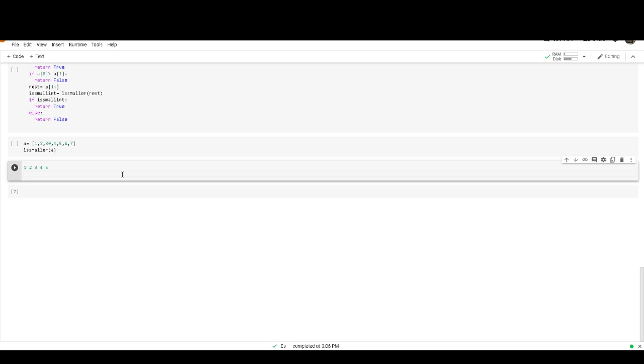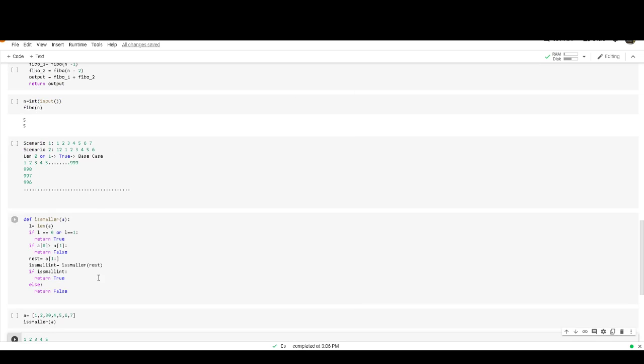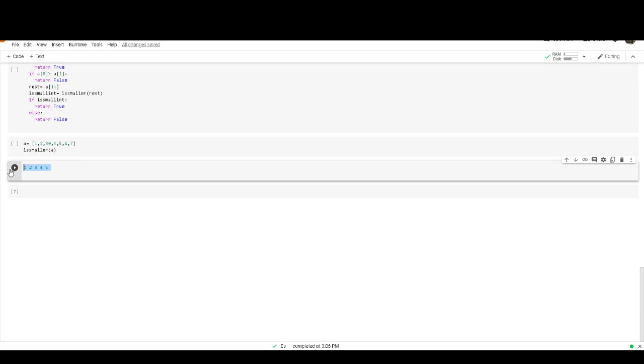Good morning, friends. Today we will talk about how to check if a list is sorted in a simpler and more efficient way. This is the previously implemented program. We will take 5 numbers. What is the logic behind that program? First we are going to compare all 5 elements.